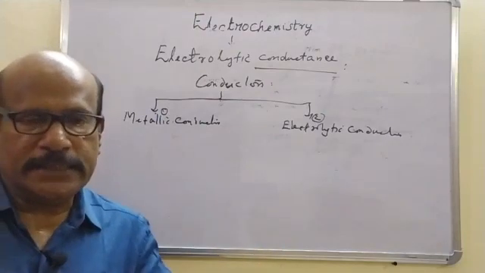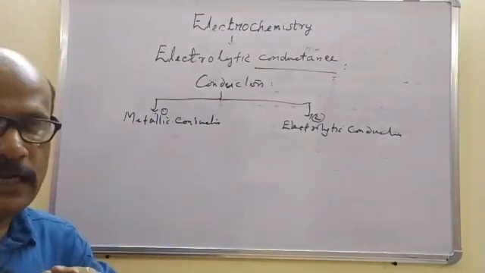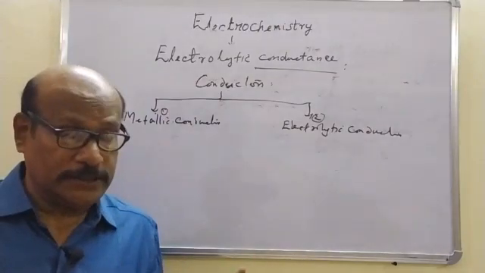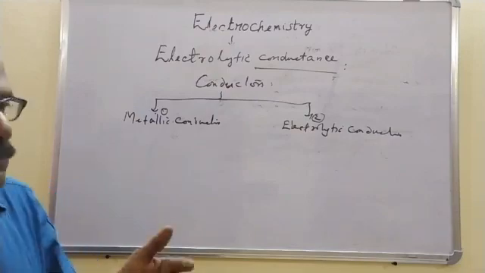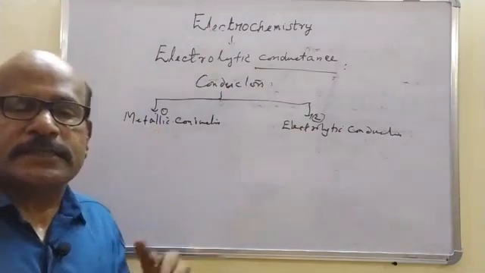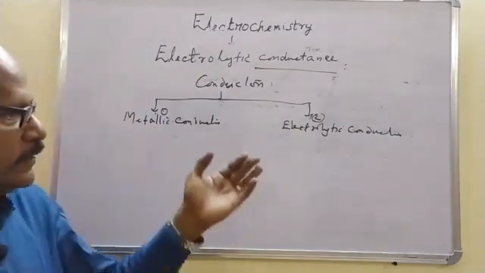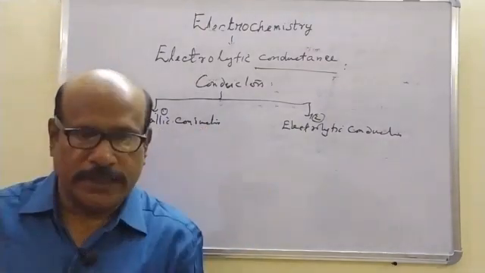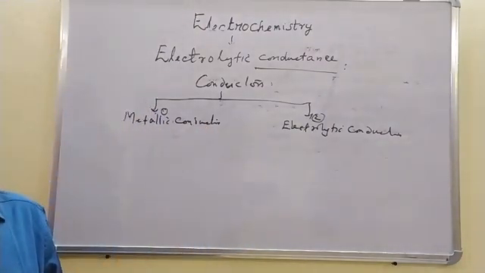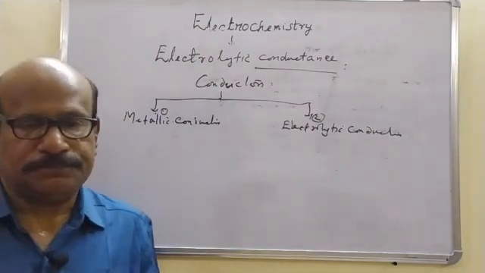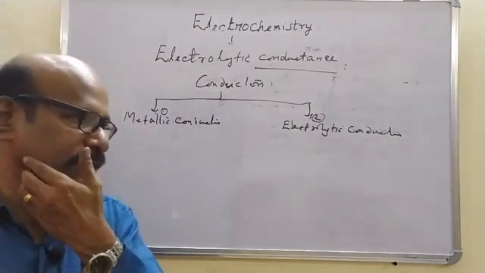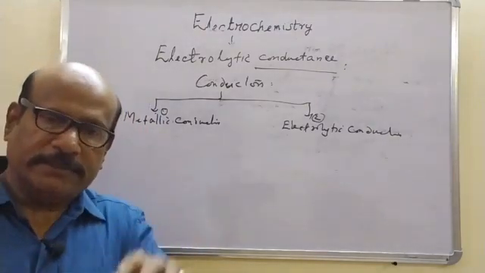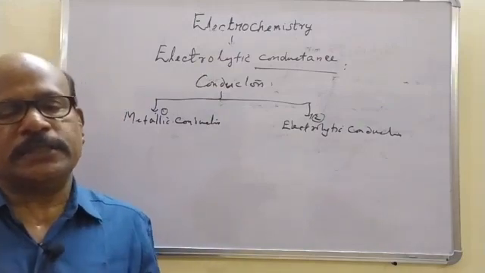So metallic conductors are substances that allow the passage of electricity without any chemical change. They simply allow the passage of electricity. All the metals come under this category and they are usually called metallic conductors. While the electrolytic conductors, simply called electrolytes, are those substances which allow the passage of electricity through them with chemical change. Any substance which allows the passage of electricity through it with chemical change or chemical decomposition